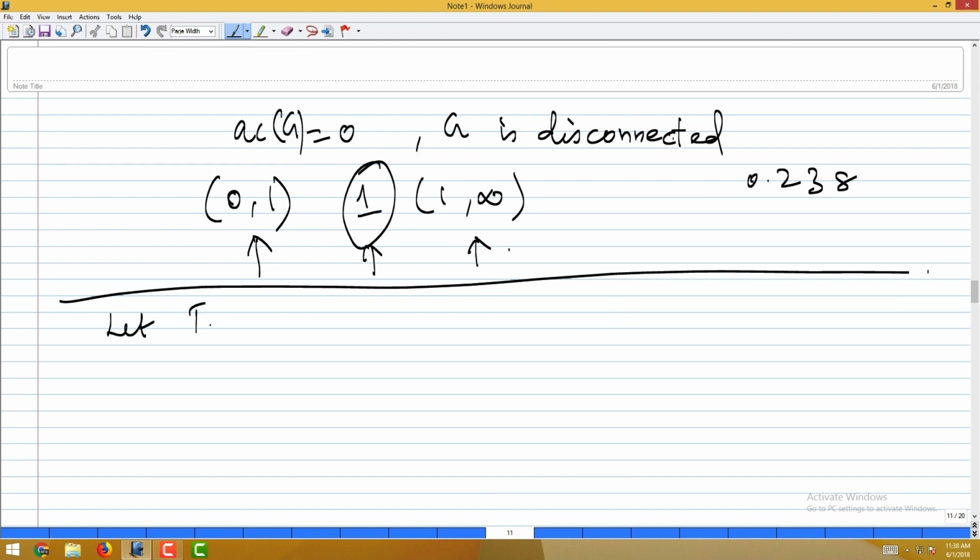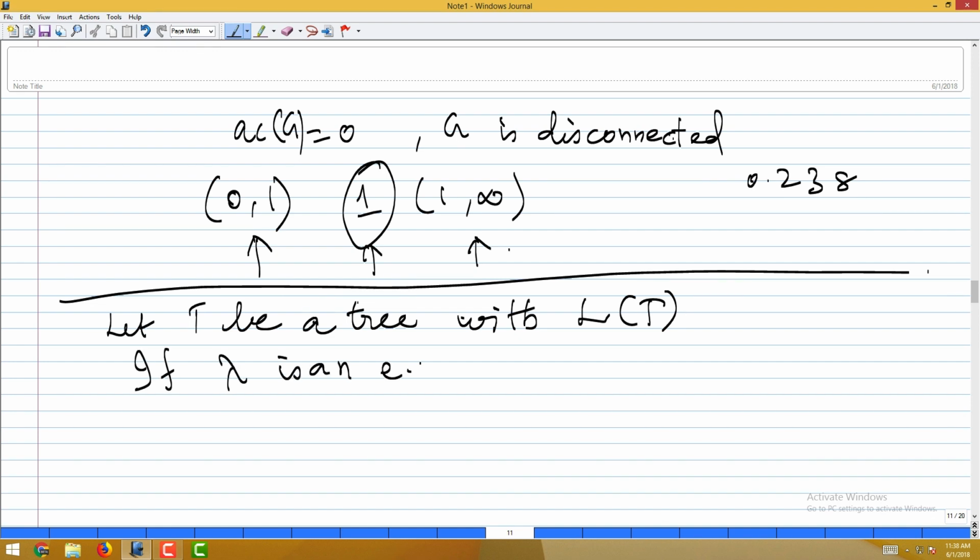So, again let me start with, let T be a tree with L of T. So, we are now with the Laplacian. With L of T being given to us, if lambda is an eigenvalue of L of T, and if my tree has say p pendant vertices. So, what is a pendant vertex? A degree 1 vertex, right, all the degree 1 vertices. So, if there are p pendant vertices,